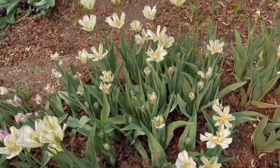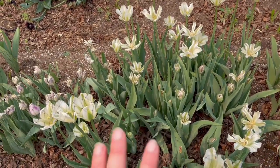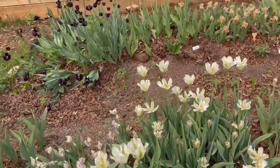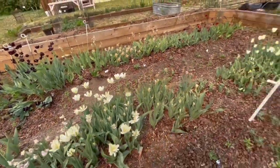I'm hoping these come back really strong, so I'm not fussing with these. I really liked these spring green tulips, and they were a very big hit actually at my bouquet bar. So it looks really awful. What I am planning to do here today, I don't know when or if I'm going to have time to share with you,